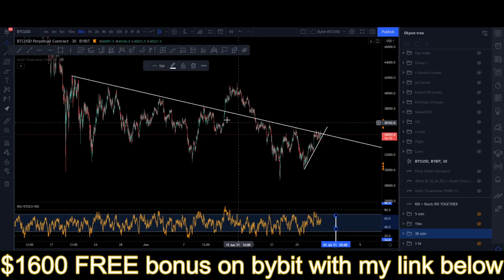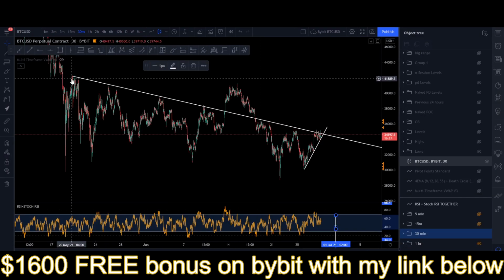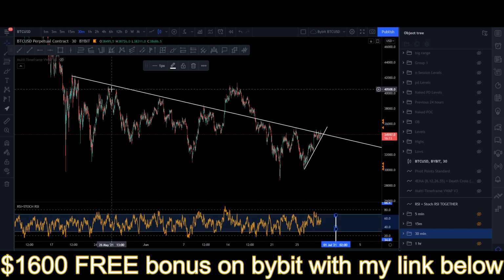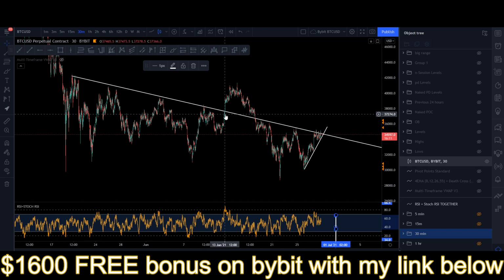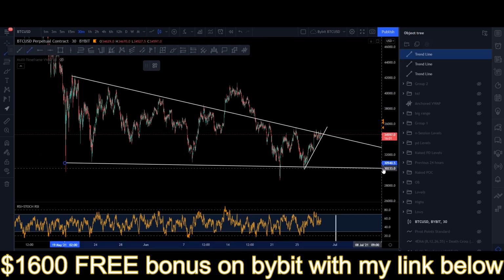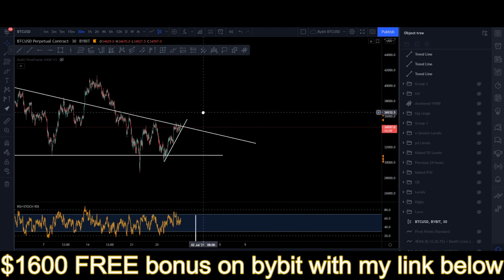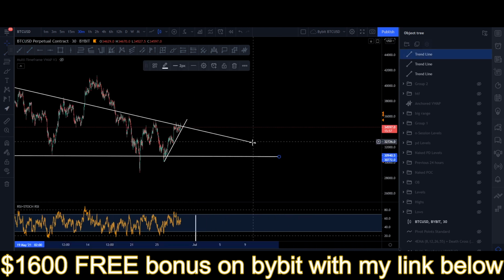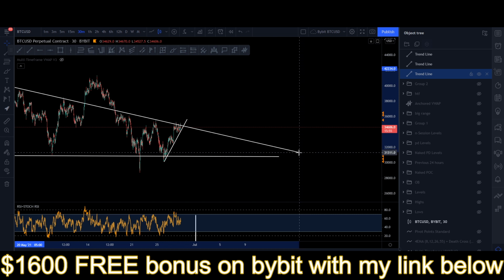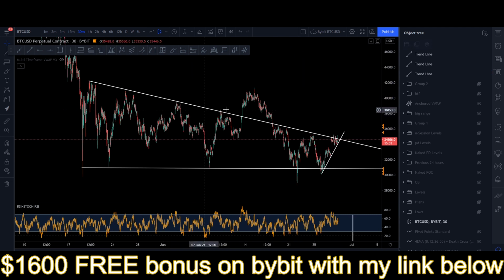So what we can see here is that we had this trend line on Bitcoin that was holding us down as resistance. We broke through. Then we came back down, resistance. So you can count this as kind of a little bit of a deviation. And then we can also look at this as a possible larger triangle that is basically happening here. So if you count this as a deviation,